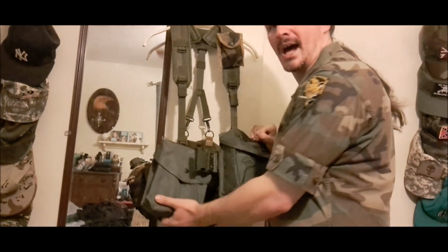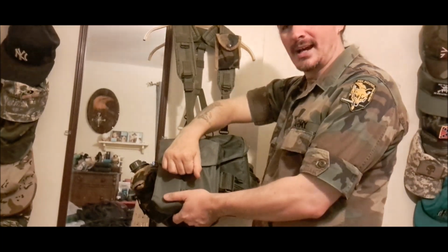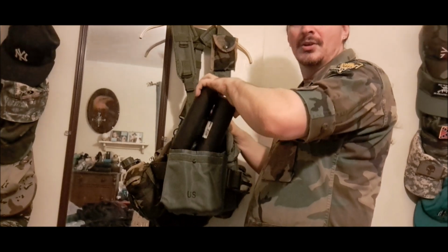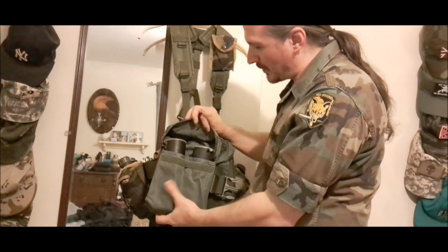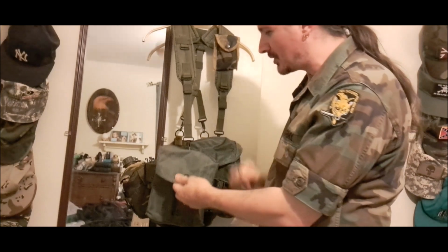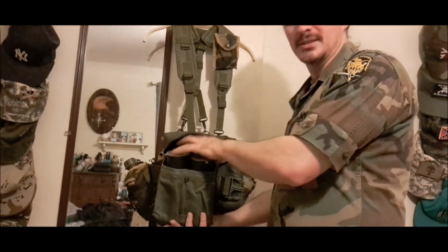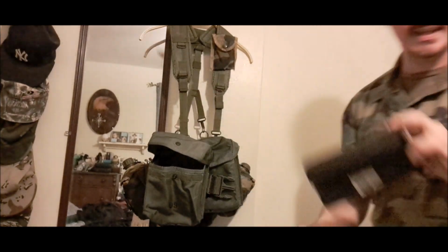But for all you guys that operate hoppers, you guys are in good hands too. I've got two 32 Degrees 75 or 100 round pods in here. Pouch opens with the strip of Velcro, snap closure, very good. But just to give you guys an idea about how many you can actually get in here,